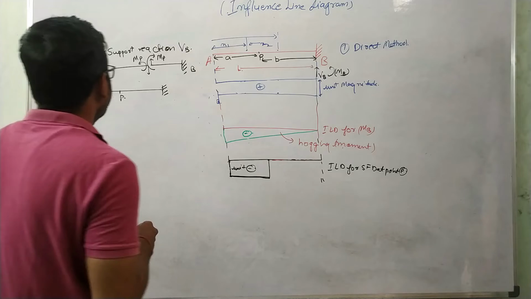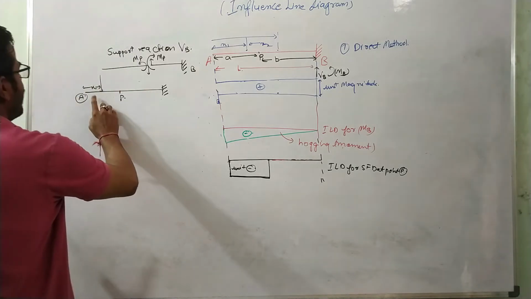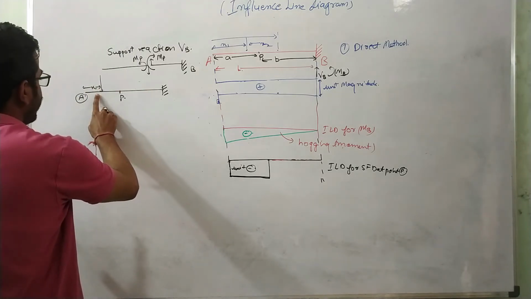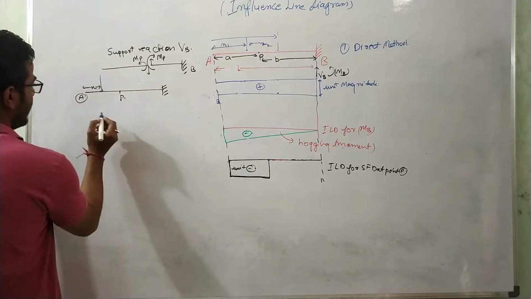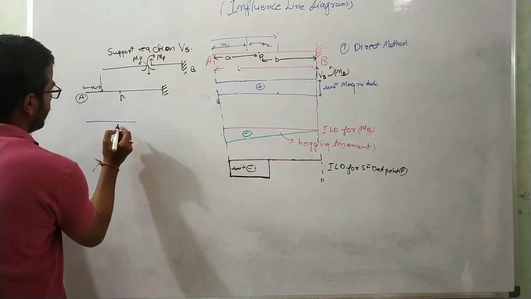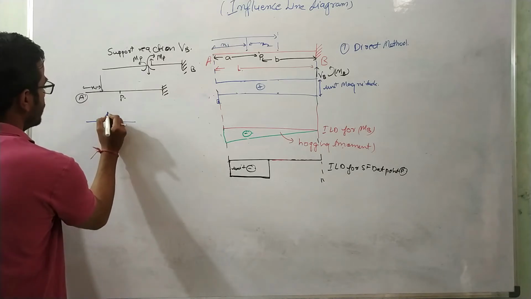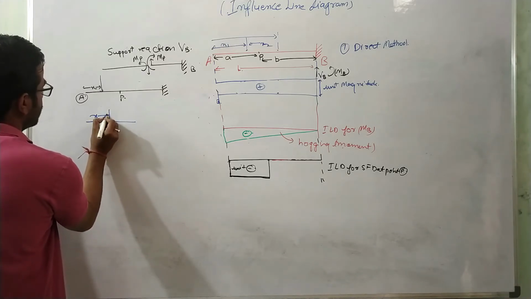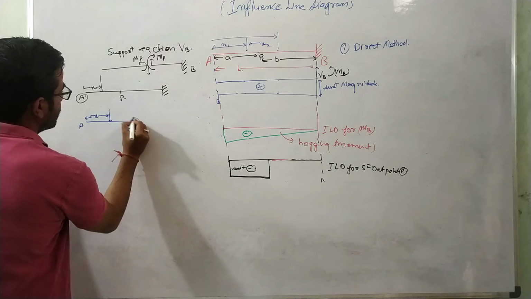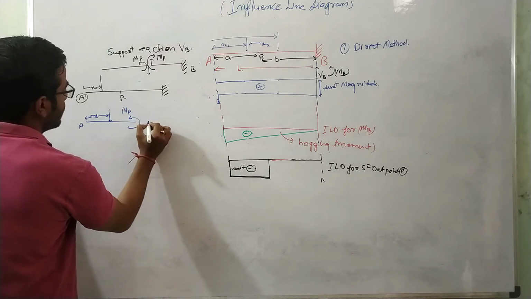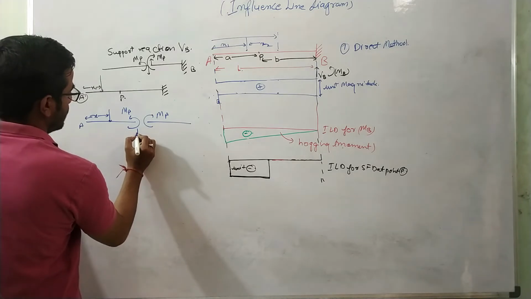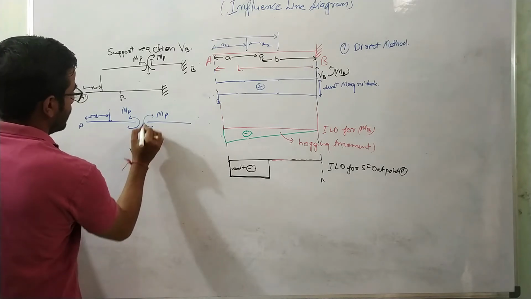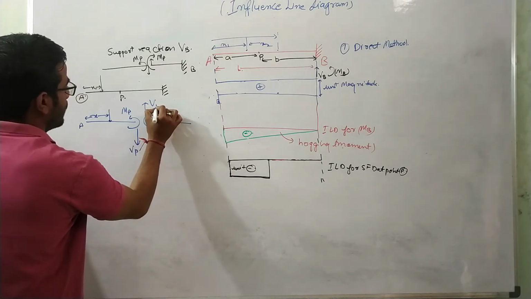So in this case, again, I am applying the load at a distance of x from P. Okay. So what I will do over here, again I'll cut the beam at P and make some enlarged view. This is the position of the unit load from A. Here some reaction will generate MP. Okay. Again here will be some MP, some VP, and some VP.